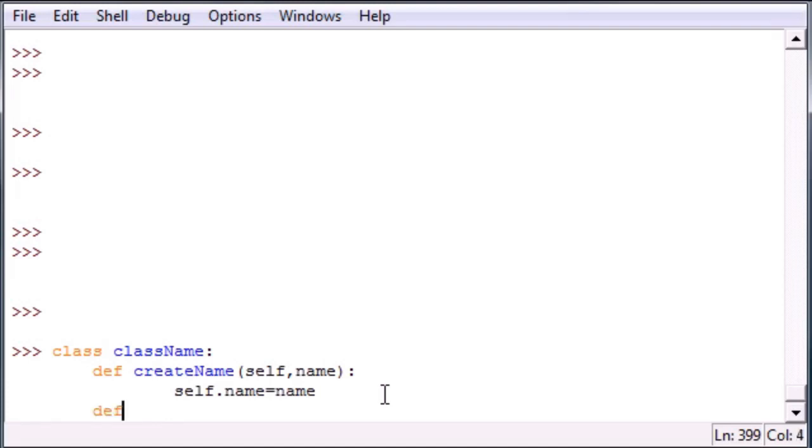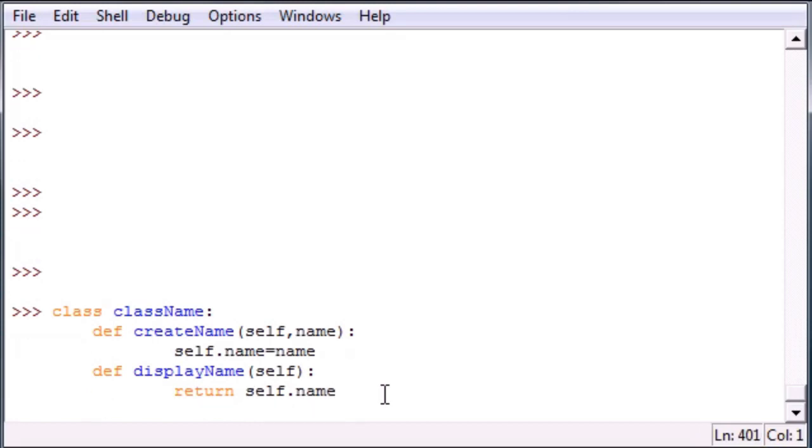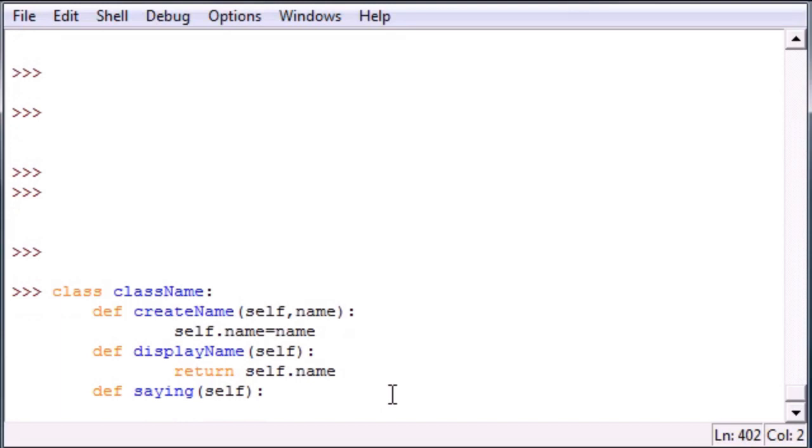And let's go ahead and create another method. Let's display name for one of them, and I just want this to output the name of whatever we give it later. So I just want it to return self.name. Again, these are really simple methods. The last one I want to make is just a saying, and you can name yours anything you want. I'm just making mine easy so you can see what's going on. And my saying is just going to print out a saying. It's going to be hello and some variable, and that variable is of course going to be self.name,